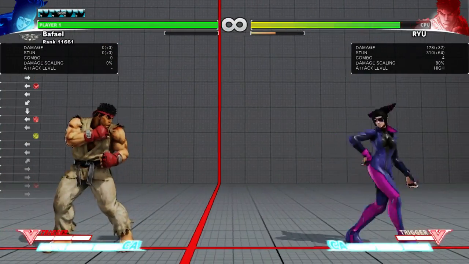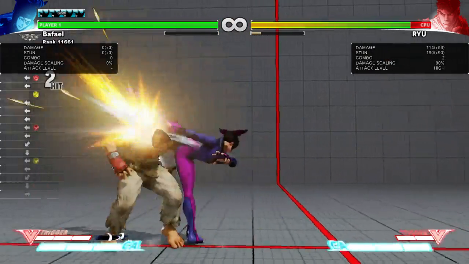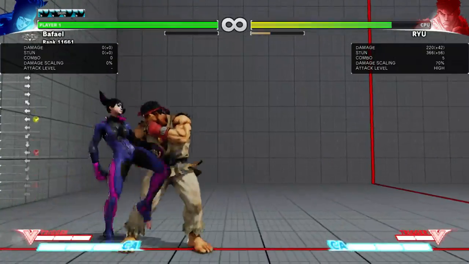In juggles, you can combo into the hard one, and then if you have the medium one, you can combo the hard one into the medium one. So the medium one is a good ender for juggles like that. And here's another good example. There's no way to combo